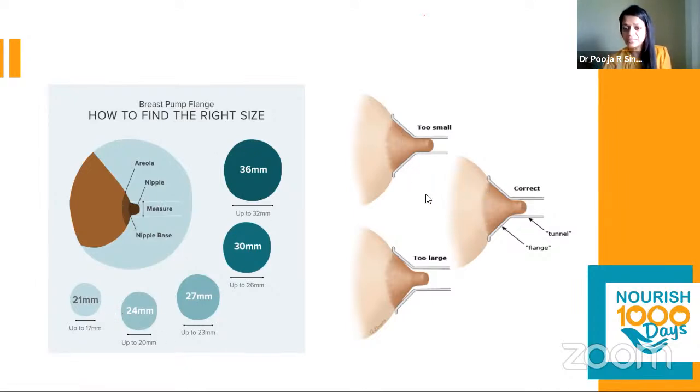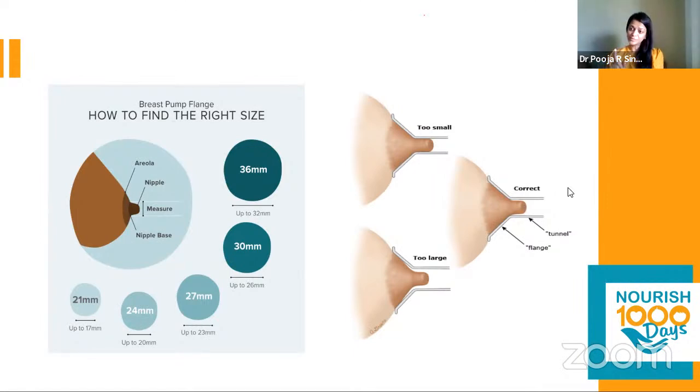And when the flange attaches to the mother's breast, this is the right way: the nipple is pulled in, but there is no space left in between. So the skin absolutely touches the walls of the flange, and the nipple is right in the center of the tube of the flange. So this is absolutely the right size,